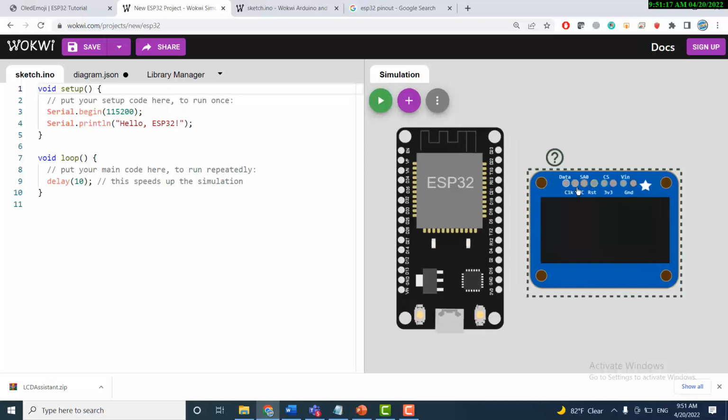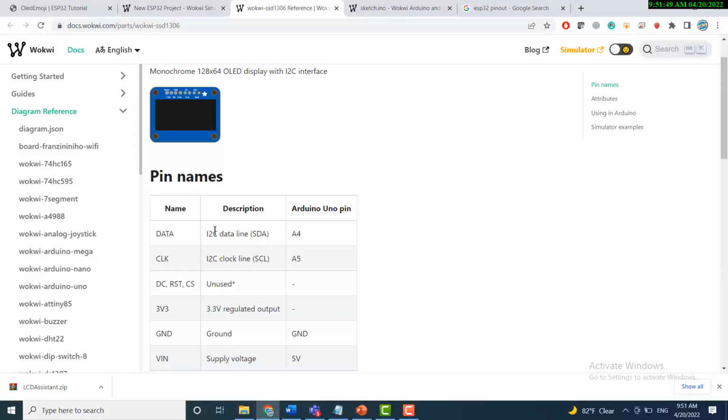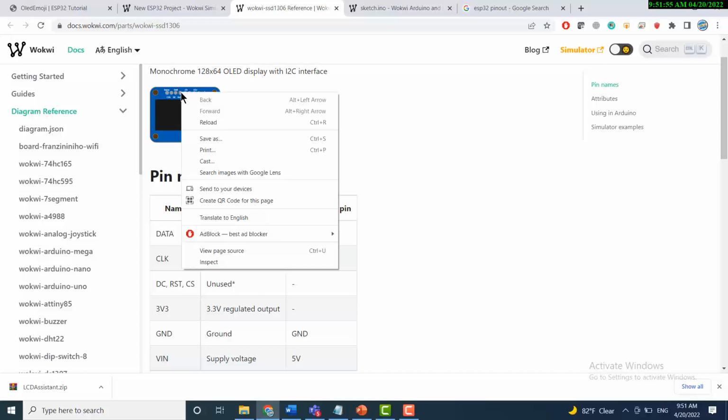And now let's start by connecting the OLED. As you can see, this OLED is from the Adafruit company, and what we need to do now is know how to connect it. You can see that we have a lot of pins that do not exist here. So to check how to connect it, we basically go to the information here. If you don't have it, just click on the OLED and then you get the question mark, and then you can see that your data pin in the OLED